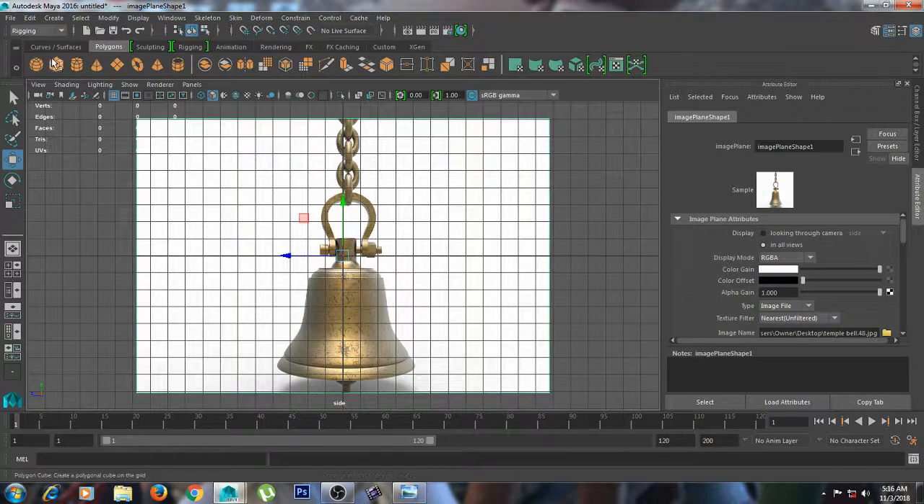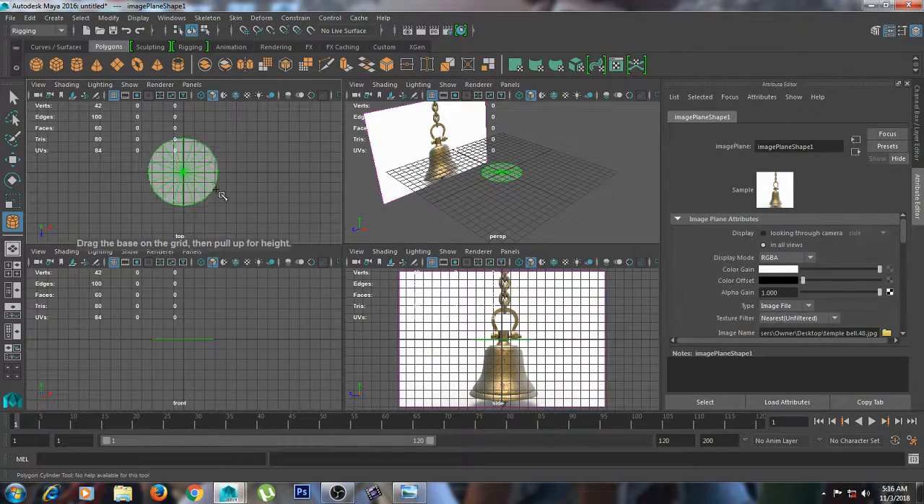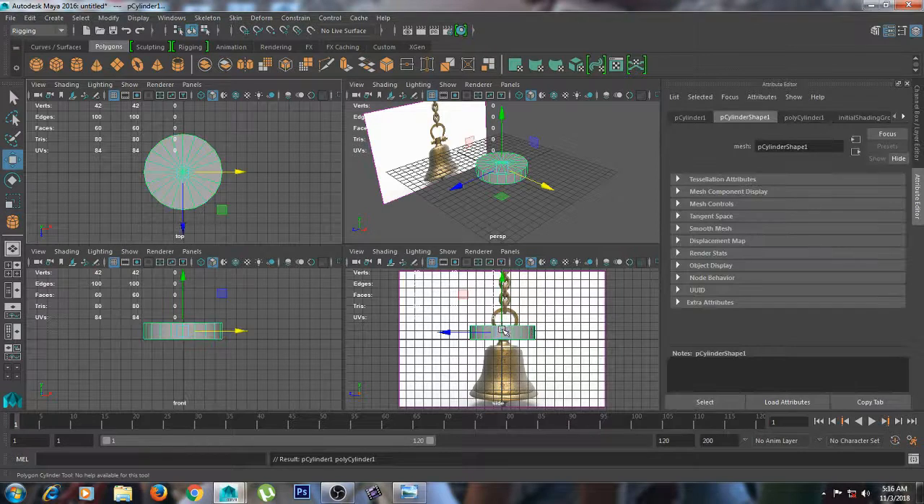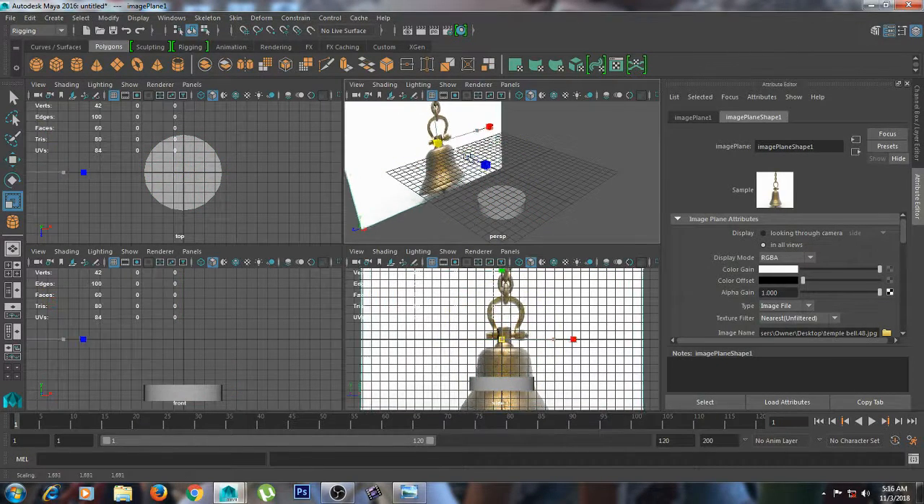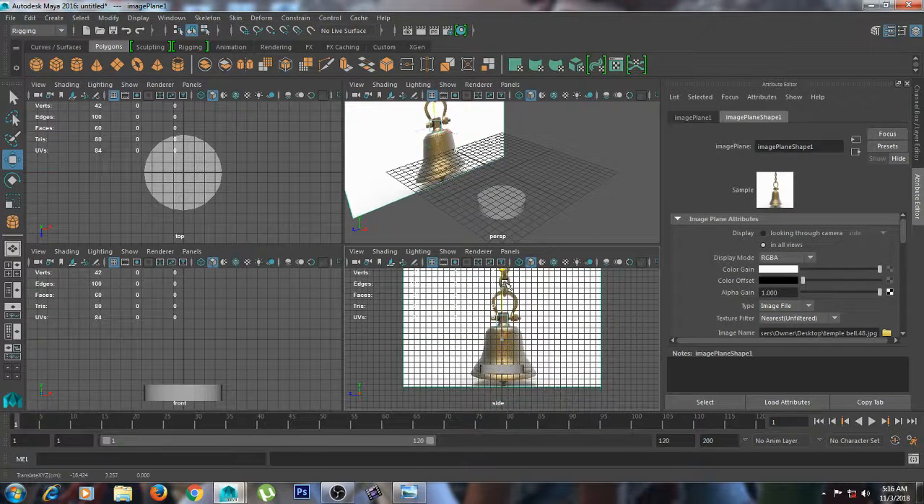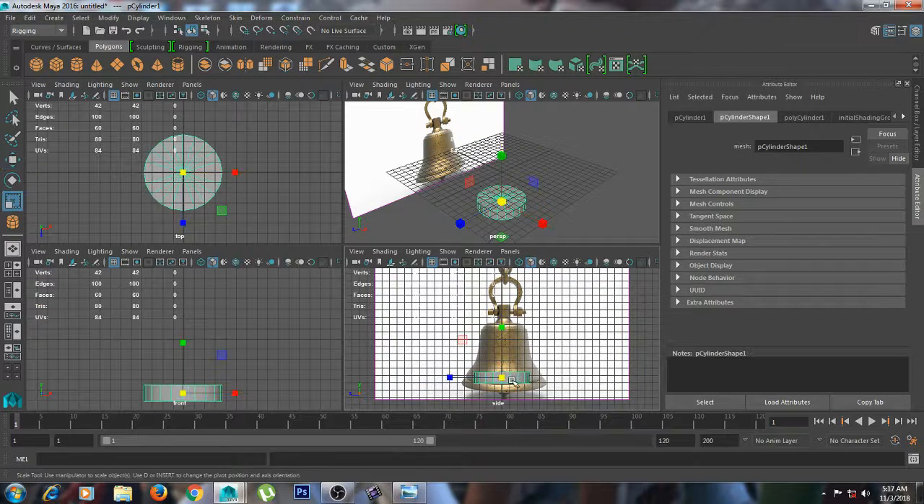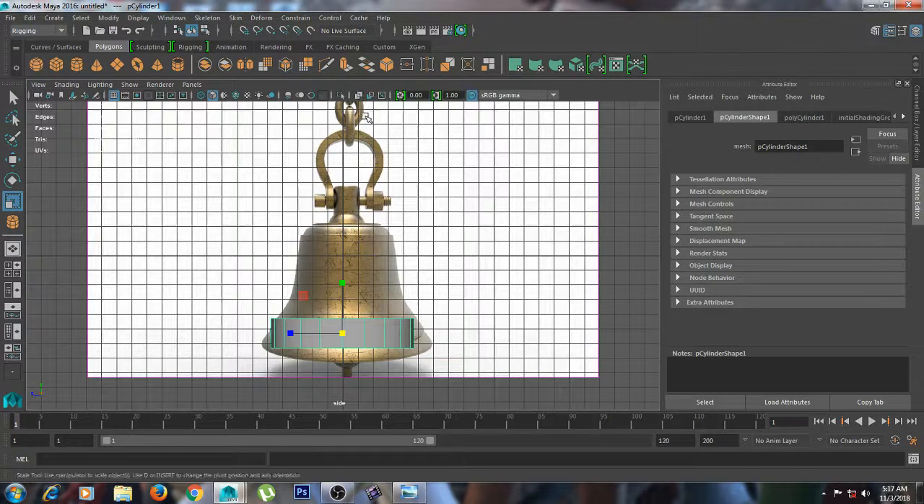Okay, let's start. First, I'm going to create one cylinder. Just click and drag like so. I'm going to scale this a little bit. Just click on this cylinder and scale it, and I'm going to turn on X-ray mode, which is here. On it,